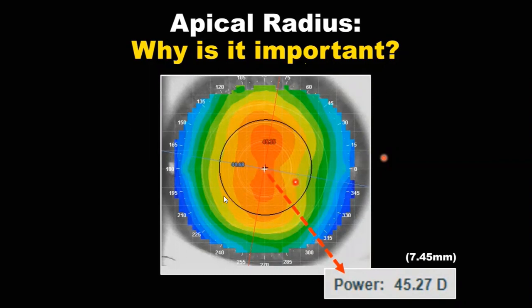In any topographer, if you go and put a cursor there, the topographer will give you the corneal power at this topmost area. So suppose in this cornea, if you put a cursor here, we are getting the apical power. Radius means curvature. So apical curvature is 40.27 diopter. Why is this point very important? There are 2 reasons this point is very important. This area would have the maximum power, and it would correspond to the pupillary center in the normal cornea.